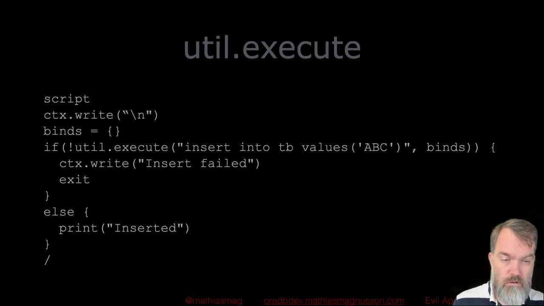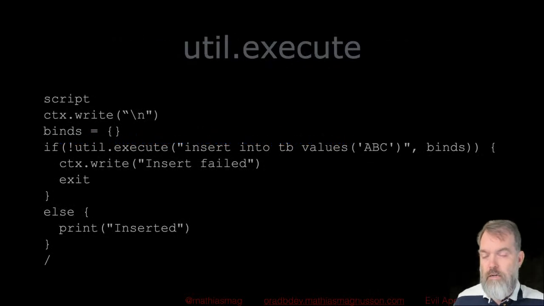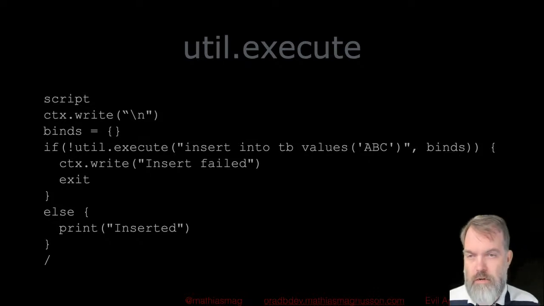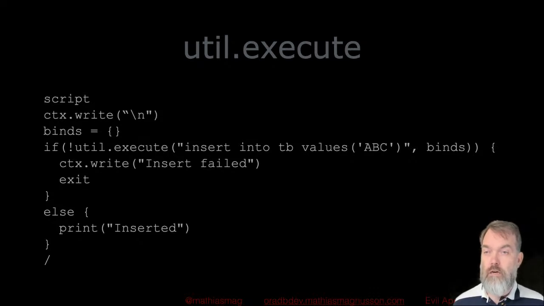Oops, that's not it. Let's stay here. I didn't put the output in a slide because this was pretty obvious. First time we will get inserted, and second time we run this, we will get insert failed, because now the key is there and the primary key protects duplicates from going into the table. So that's how that function can be used.